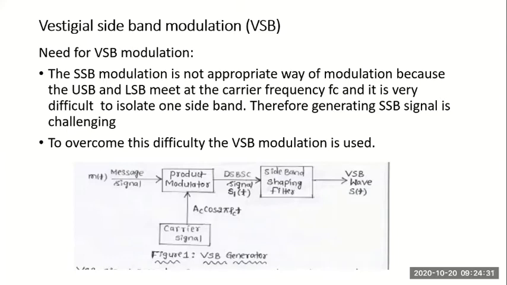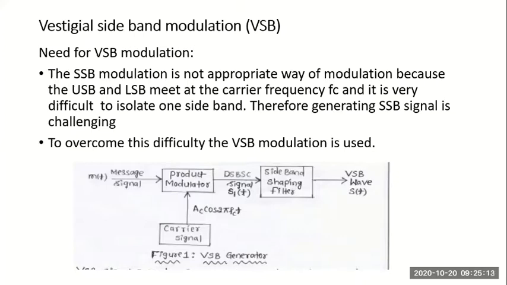So in that case, how would I use a single sideband technique? How can I filter out the required sideband and eliminate the other unwanted sideband? That is not possible with a normal bandpass filter. So they came up with another idea where we will keep the required sideband completely, and because of the non-ideality of the bandpass filter, if I am going to extract a small portion of the unwanted sideband also, it is okay. So we call that the vestigial.